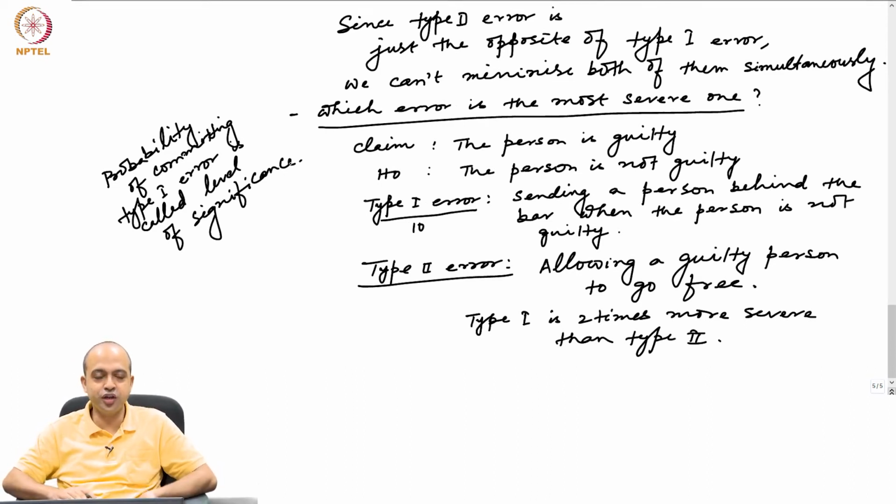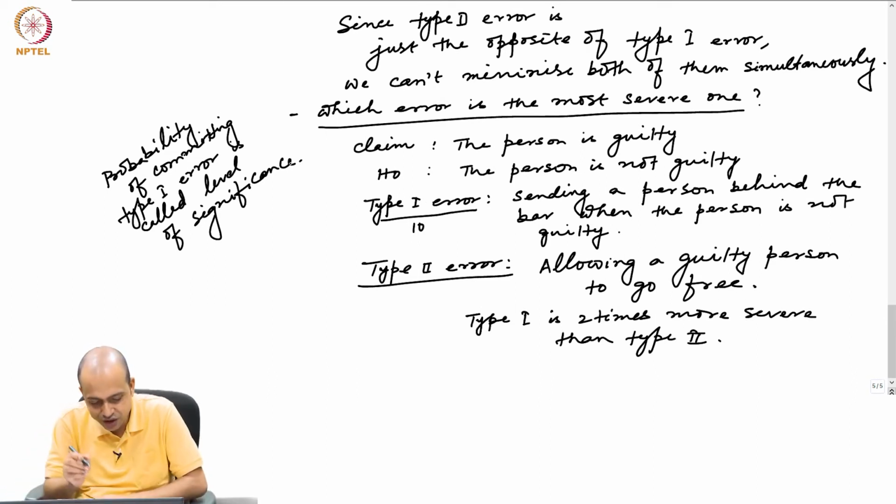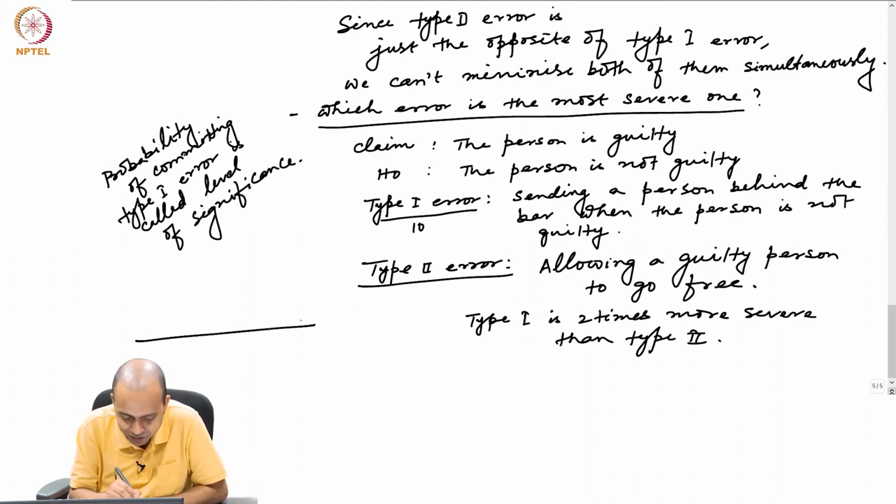Probability of committing type 1 error. When you are rejecting the null, what is the minimum number of type 1 errors that you are committing? That is called your level of significance. That means in terms of the diagram, when I am saying that this is 5%,